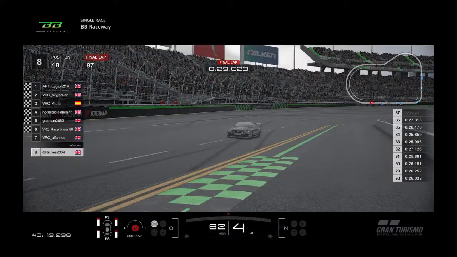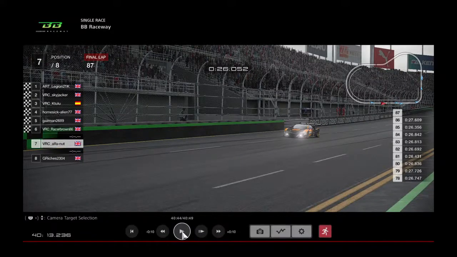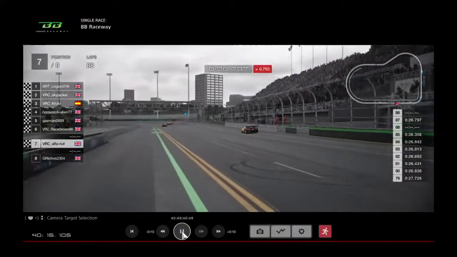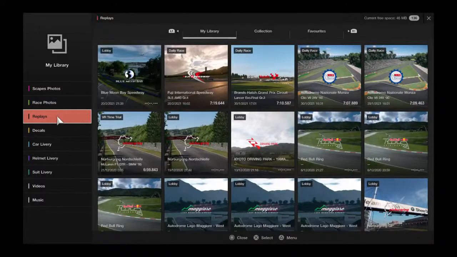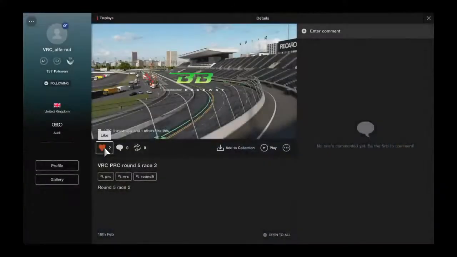Where's G Ritchie's? Must have run out of fuel. Poor soul. So Alphanut then crossing the line in 7th, and Ritchie's coming across in 8th. So a race of attrition. Lost 2 players, 2 sim racers during that, as we move quickly on to race 2 under a safety car,